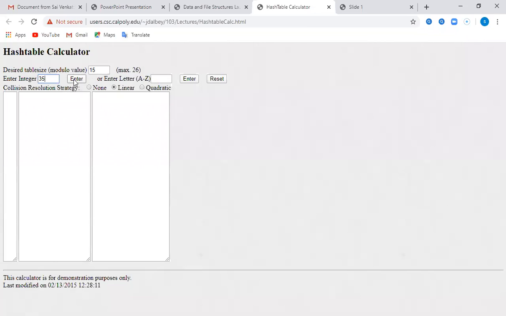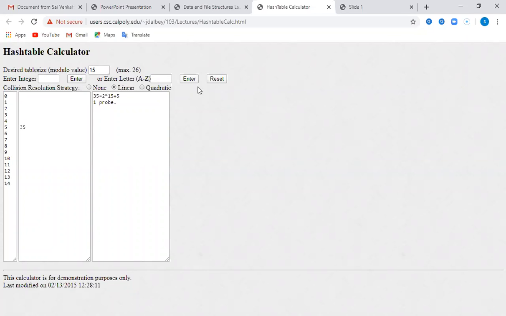5. So in the fifth location, is it visible to all of you? Is the table visible? Yes. So 35 is equal to 15 twos are 30. So 2 into 15 plus remainder 5. So that's why in the fifth location index I got 35.